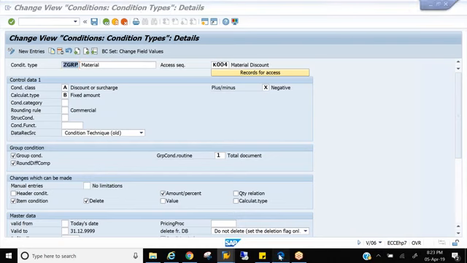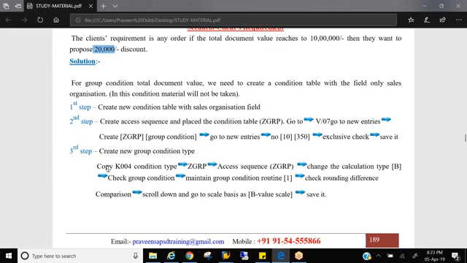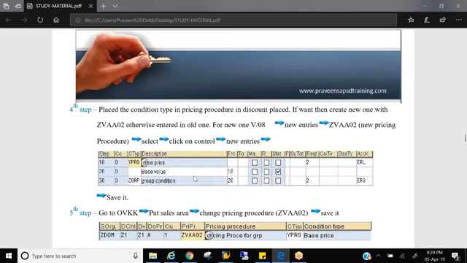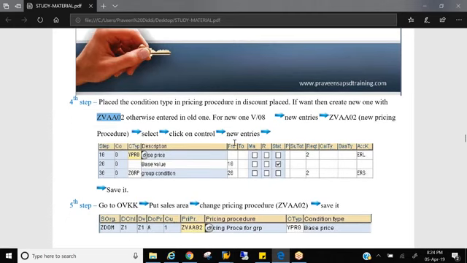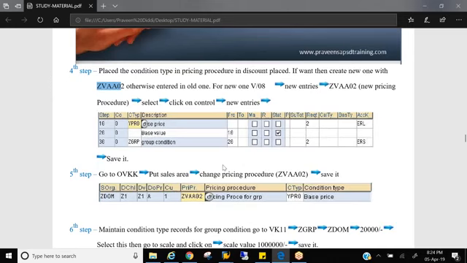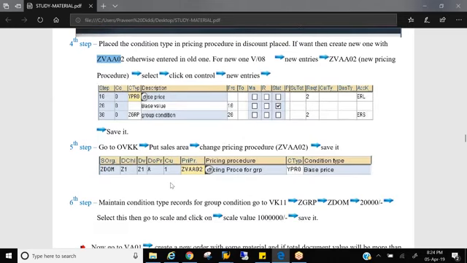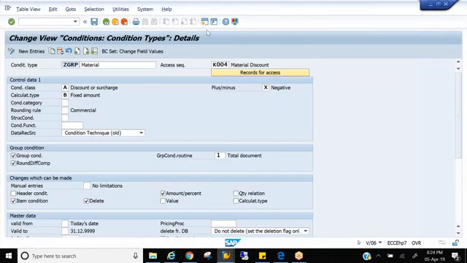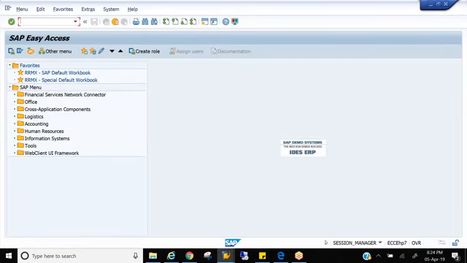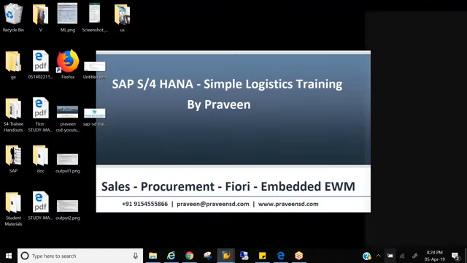In the document, you have every configuration step by step here. You can just follow how to create a new condition type and everything. Once we change it to the value scale, now you can create a new procedure or you can directly place it into your standard procedure. Let us place it into the standard procedure. You don't need to do even OVKP if you are going with the standard procedure. If not, then only you need to create. So now let us go to our procedure.